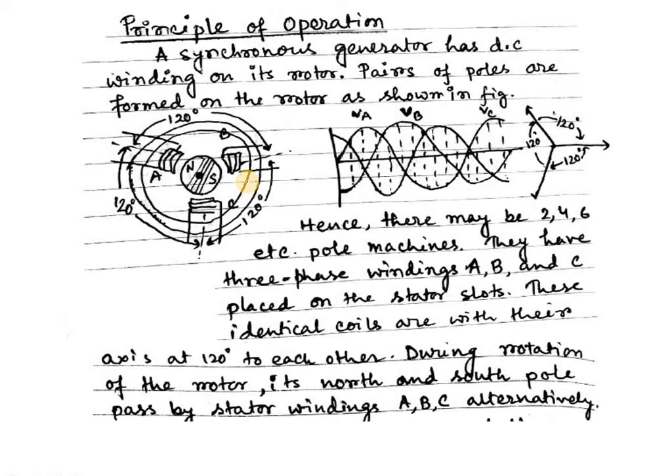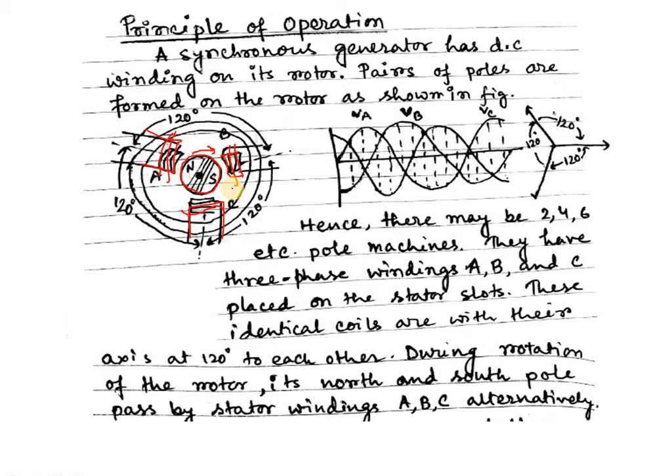See here, this is our rotor part. Here I have shown it is two poles, that means one north pole, one south pole. When this part is moving, this is our stator coils. This is stator, here stator coils are present. This is another stator part, another stator coil present here. Here another stator coil, another stator coils are present here. That means whenever this rotor is moving, it will cut the flux for each stator coil individually.